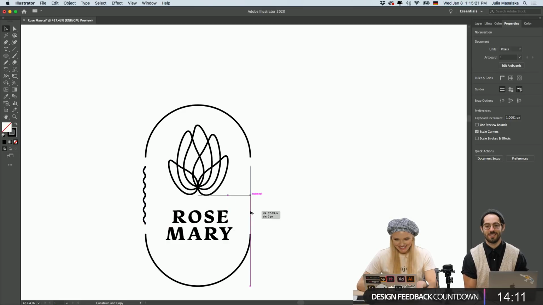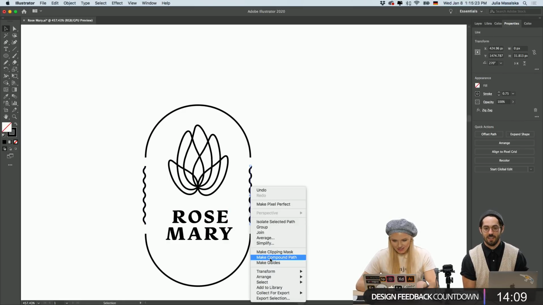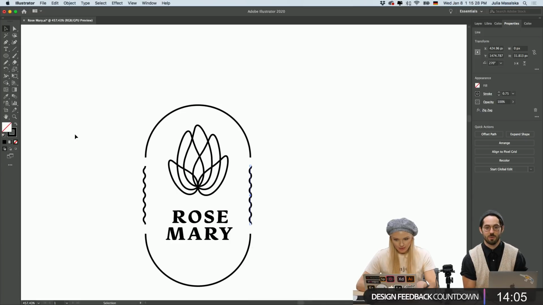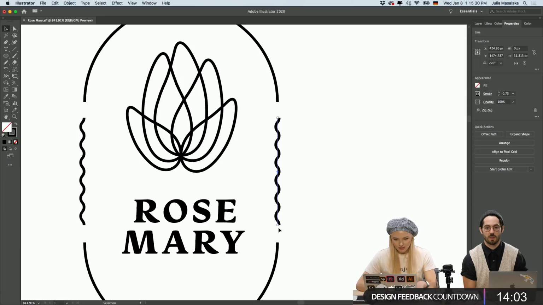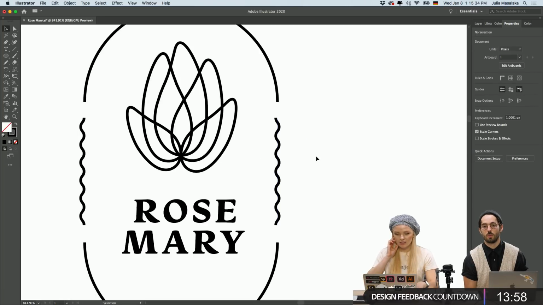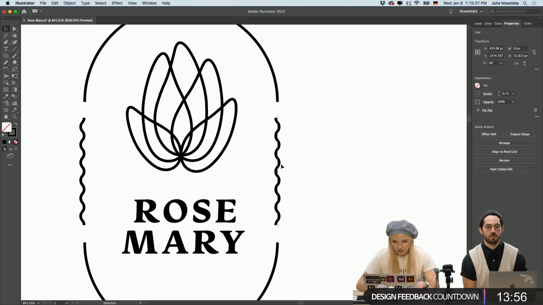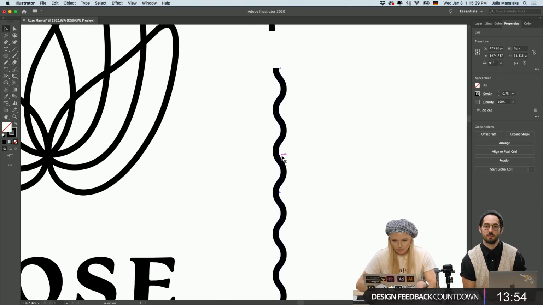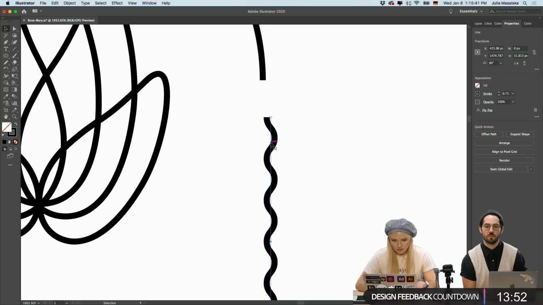Yeah, you're a mathematician. Okay, and then I'm going to go to reflect. It's our favorite tool. Oh, actually, I don't think it reflects because it's not a shape. I'm just going to reflect it like this. Cool. Now let's match this to this line.